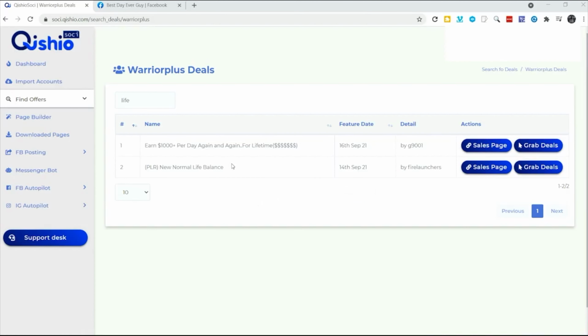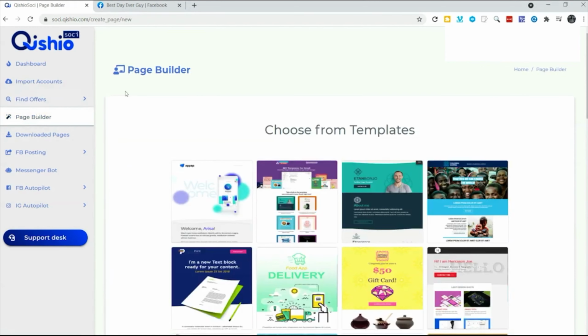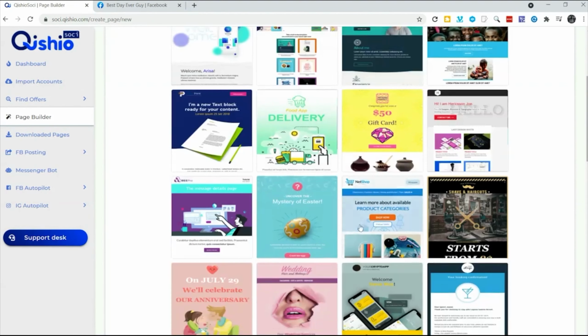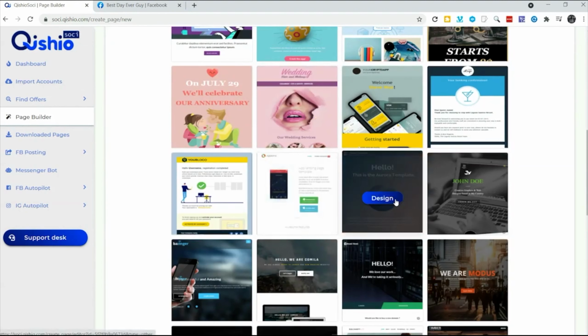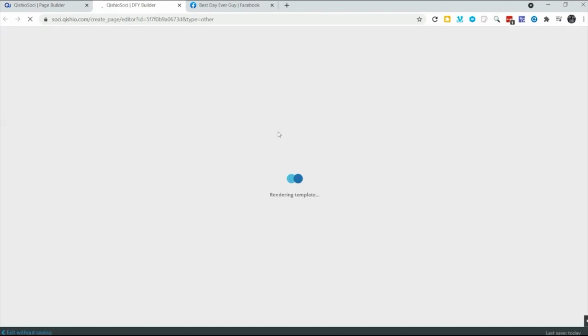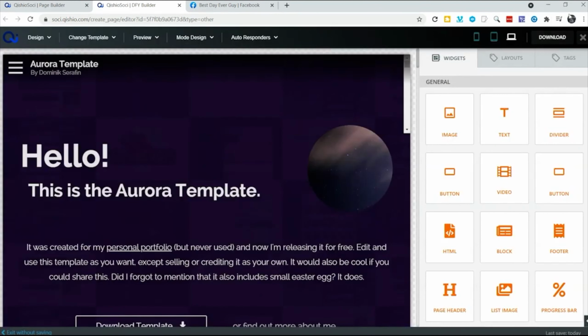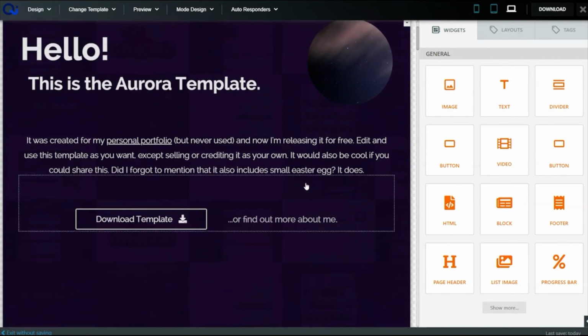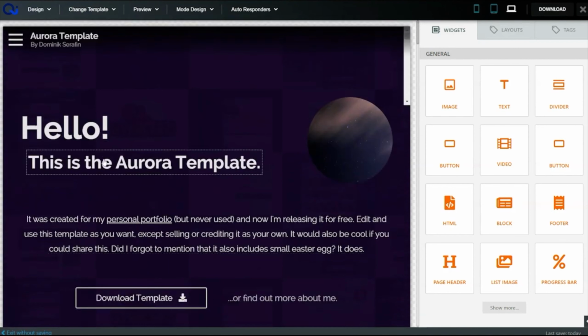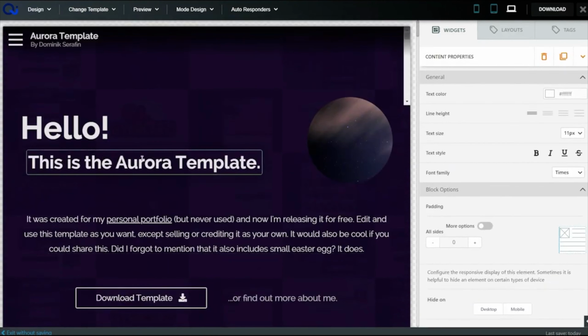Now, once you grab your affiliate code, you're going to want to go into your page builder, and we're just going to go and look for something here that we want to grab, one of these templates here, and we're going to just grab this simple one here. And you'll see the page builder loads. And you'll see the Aurora template, anything you want to do here. And then what you can do is say, okay, you want to grab